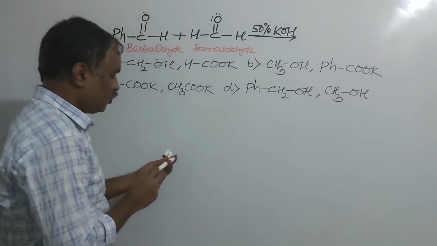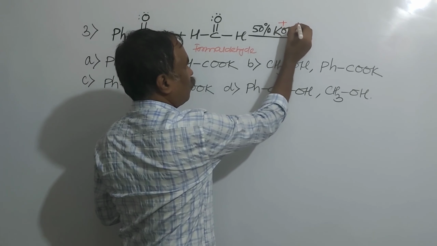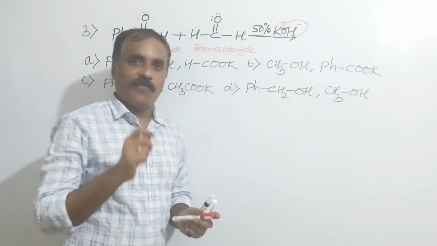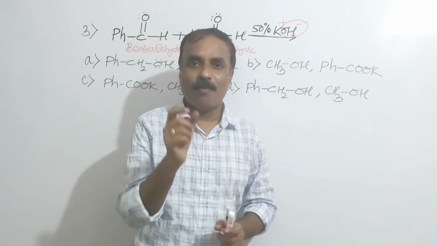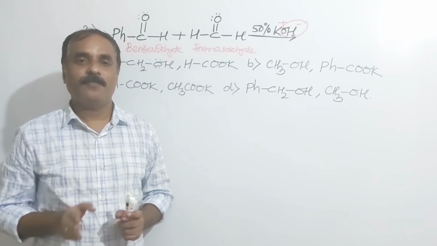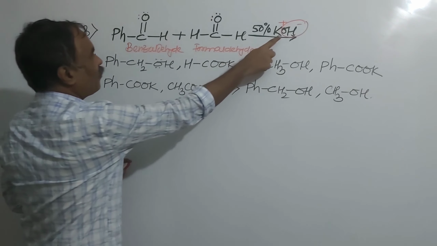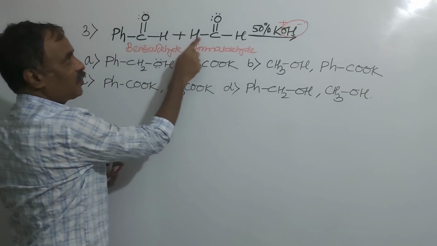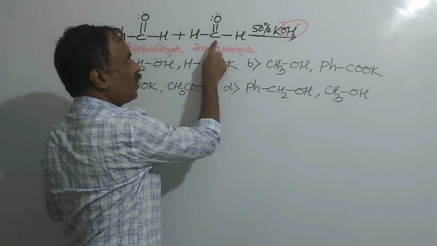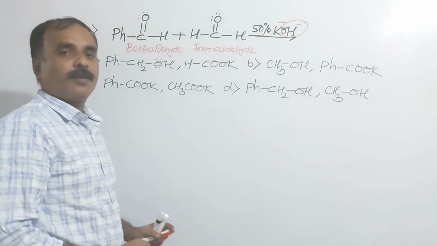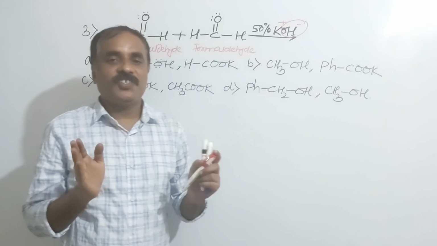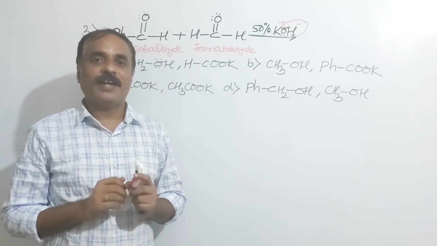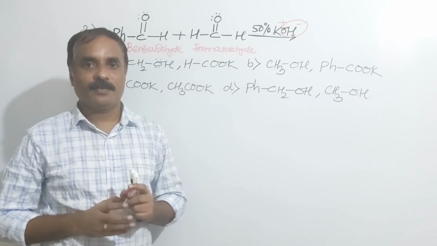So here the nucleophile is OH minus. Here it is K plus and OH minus. Here the nucleophile is OH minus. In step 1, there is attack of the nucleophile on the carbonyl group of the aldehyde. So here there are two possibilities: attack of the nucleophile on this carbon of the carbonyl group, or, second possibility, attack of the nucleophile on this carbon of the carbonyl group. Now, which will be the favorable condition? Where is the exact attack of the nucleophile?